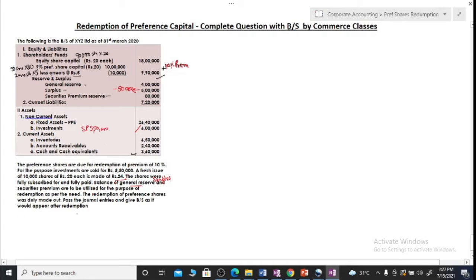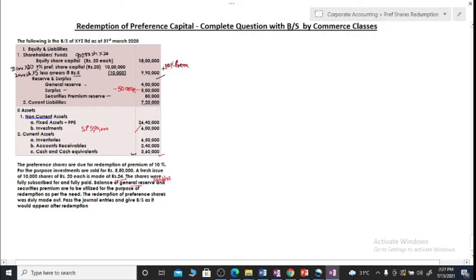So we will use all the resources as per our requirement. And the question says nothing about the cash requirement. We know that 3,60,000 is there. So on our own we are not going to raise any bank loan, but if there is any deficiency, we will assume there is an overdraft facility, because loan will be raised only if our question says so.